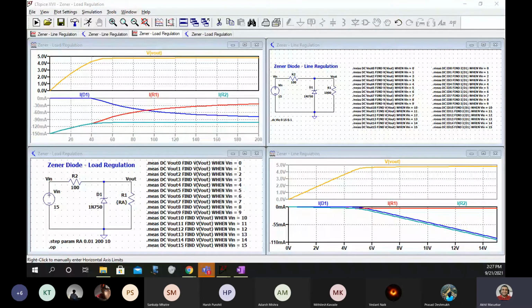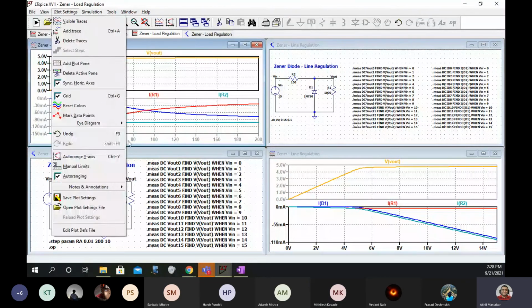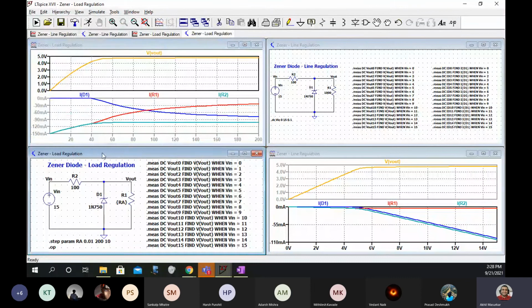Mithilesh, keep the grid on. It is sometimes easier to measure with the grid. So how to turn it on? Go to view. First click on the circuit file or on this.